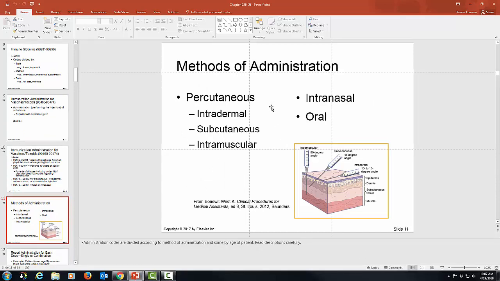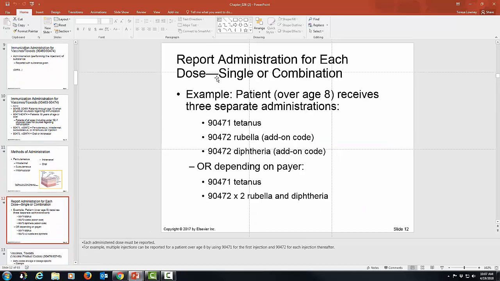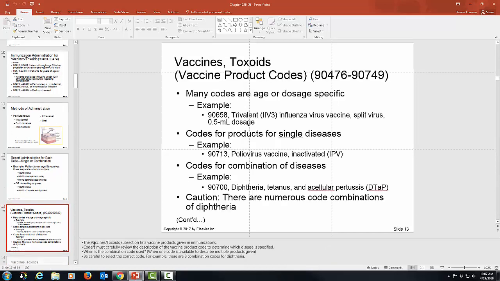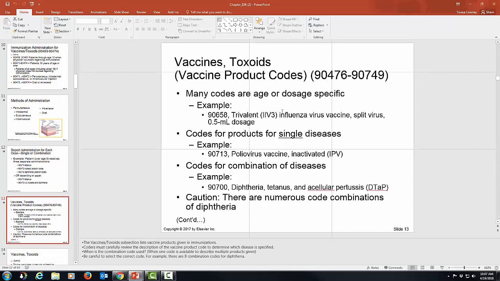Okay, all of you MA students, your stars for as far as this goes, your percutaneous, is it intradermal, subcutaneous, or intramuscular, and it's intranasal or oral. So you need to make sure what kind of administration you are coding. Report administration code for each dose, and again, here are some examples. Your toxoids, there's many codes for age or dose specific. So if you're giving a polio vaccine for a single disease or a combination of diseases, DPT as we talked about,